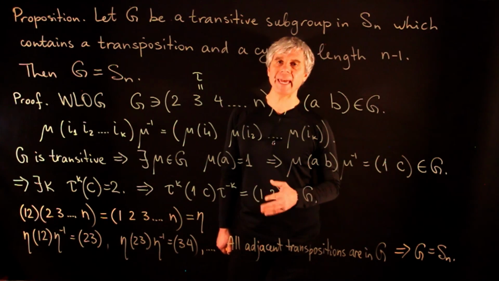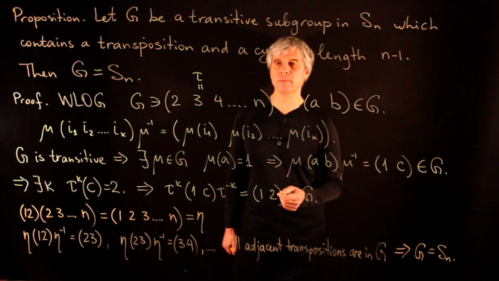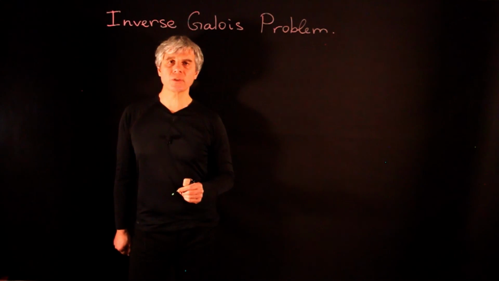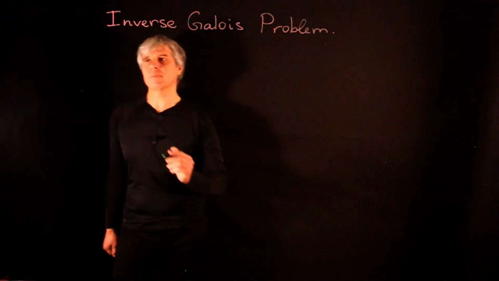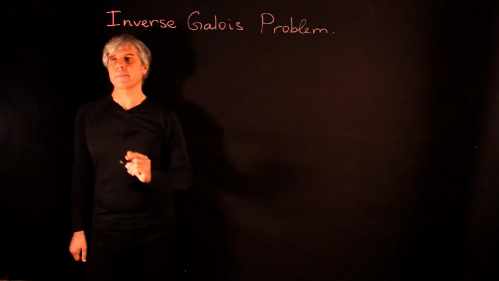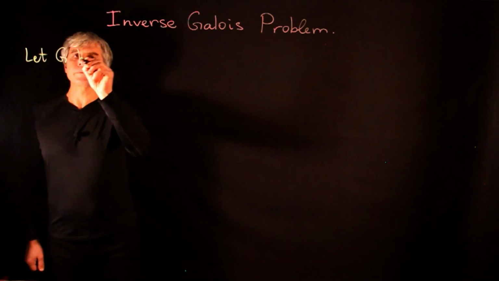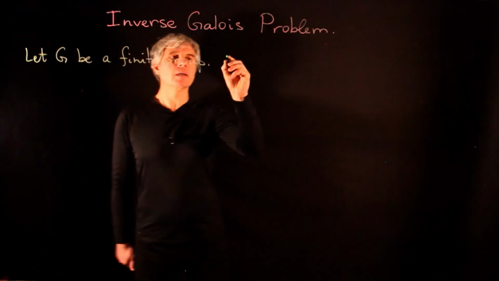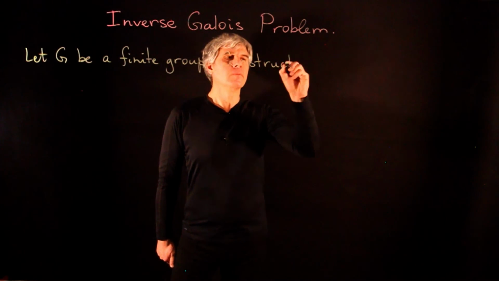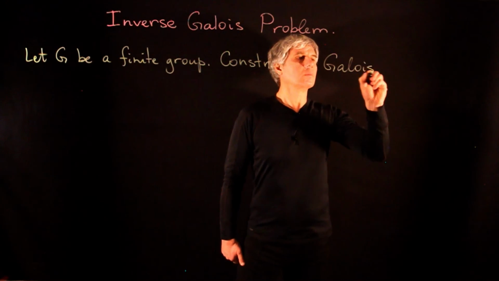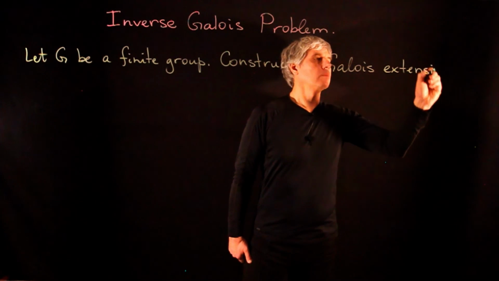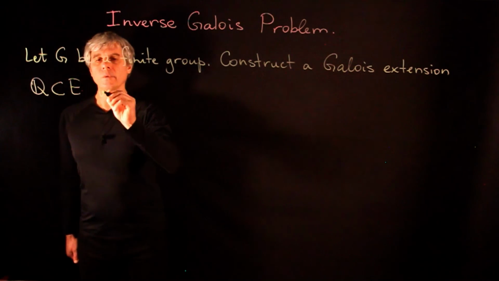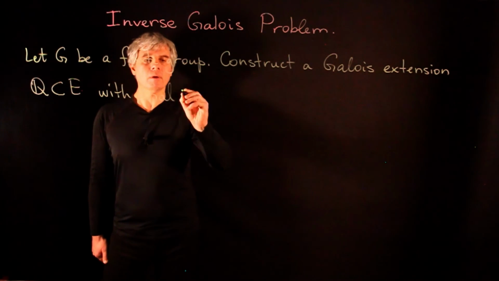This result may come handy in conjunction with the reduction mod p theorem when we need to prove that the Galois group is Sn. In conclusion, let us mention one important open problem in Galois theory. This is called the inverse Galois problem. Let G be a finite group. Construct a Galois extension E of the field Q with Galois group of this extension